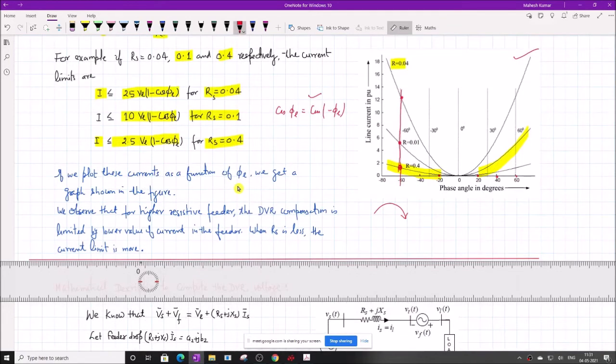But I have one question for you in this curve. Which is the most preferable curve? The one which is most sharp. Why? Because for this resistance, I can take care of more current while compensating the dBr voltage. More current can be considered during the compensation, and it has been possible because the value of R is less. Therefore, I into R is less. This is the least desired characteristic. This is the most desired characteristic of the compensation, because this allows me more current to be taken care of while I am injecting the voltage.